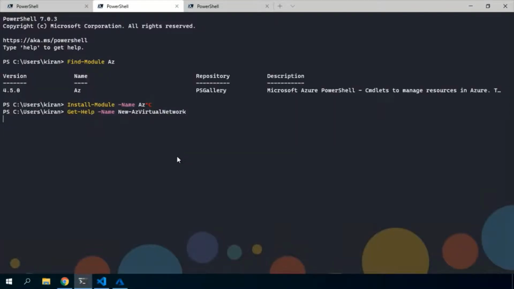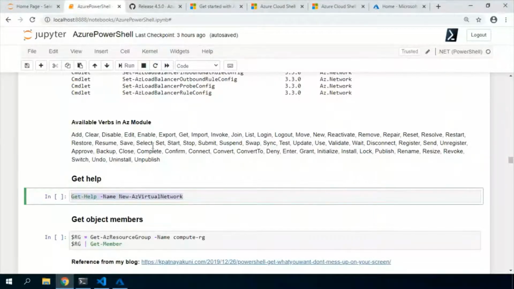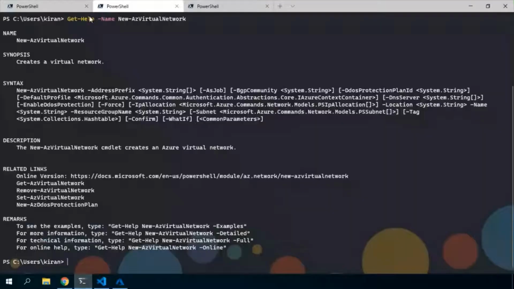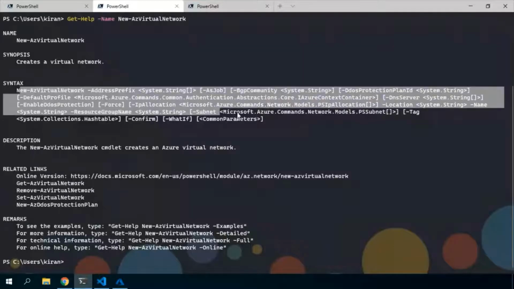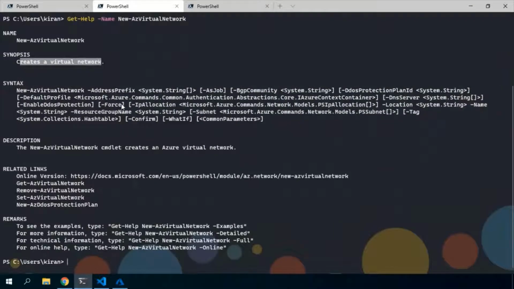Right, so you can use Get-Help with the name of the same commandlet you used, and you will see the basic help. With that, at least you can see the syntax and what it does, everything you can see in the basic help. You can also use the detailed parameter, and if you want to see examples of how to use it, you can use the -Examples parameter. And if you want to see the latest help online, you can use the -Online flag with Get-Help.